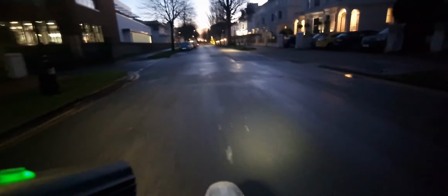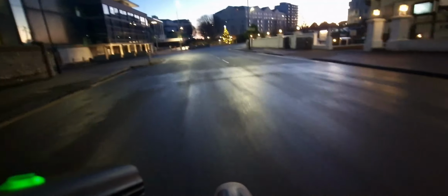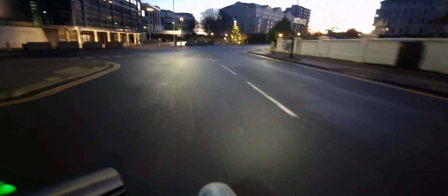I was a bit concerned last night, the wind was really strong and I did think, oh my god, this ride's not going to happen. But around about 4 o'clock the wind seemed to settle down. The wind's blowing from the southwest between 16 and 18 miles an hour if anybody's interested,